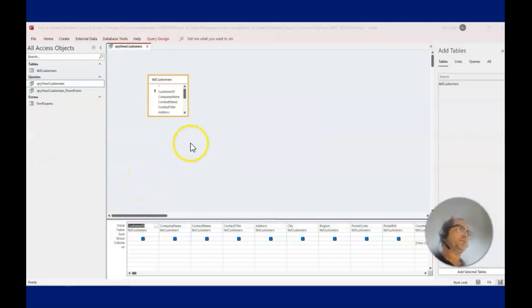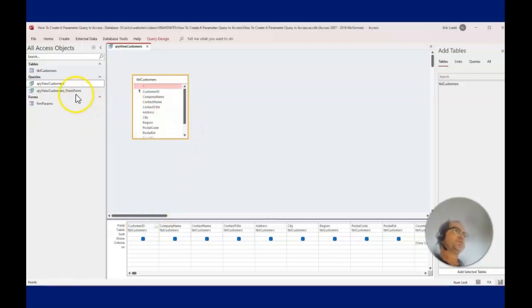Okay, so I'm in my QBE query by design grid, and my table is TBL customers. Again, if you want to, you could just drag these in. The first step to create the parameter query is over here, in the field that you want to ask the criteria on, because you could just put in